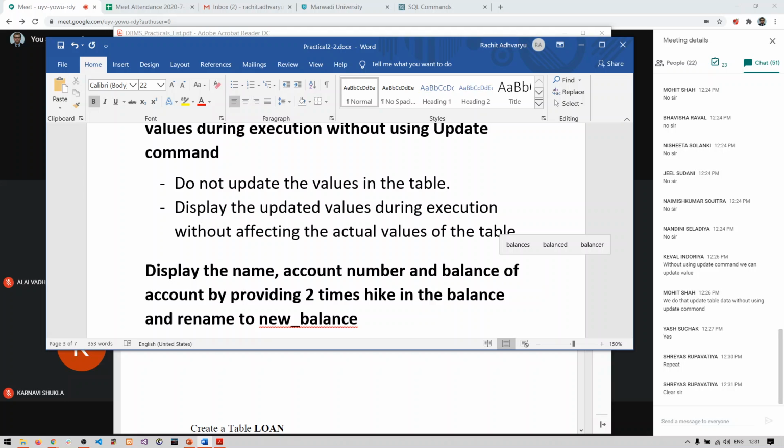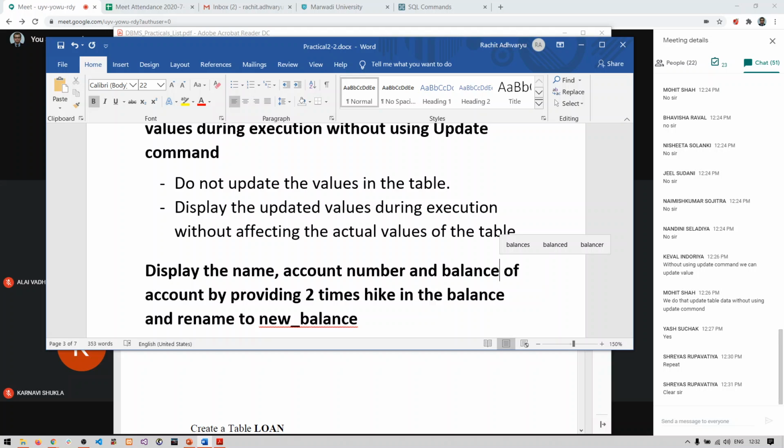First of all, read the question again and give me the surety that you understood it. Display the name, account number, and balance of the account table by providing a 2 times hike in the balance, and rename the balance column as new underscore balance. So, understood this question properly, everyone?